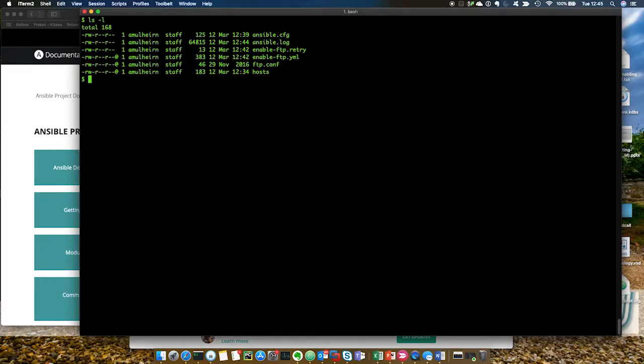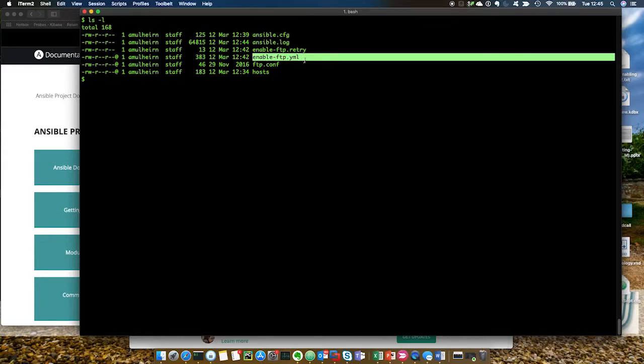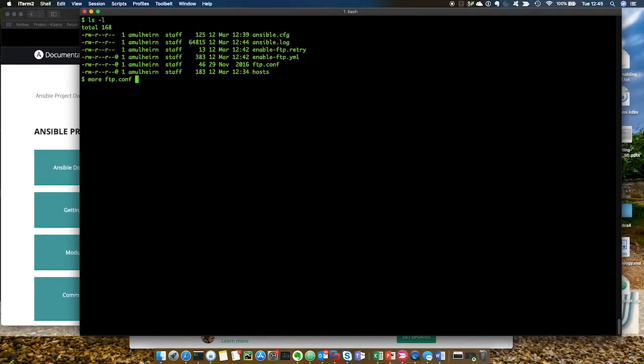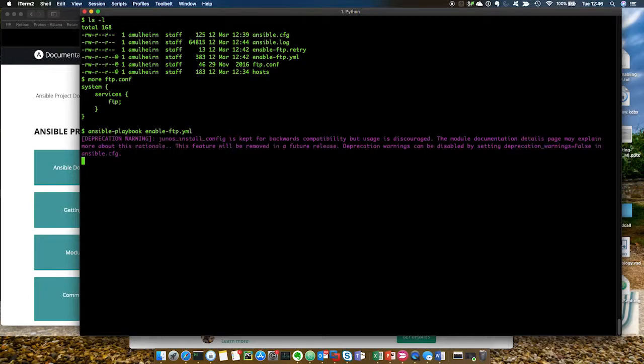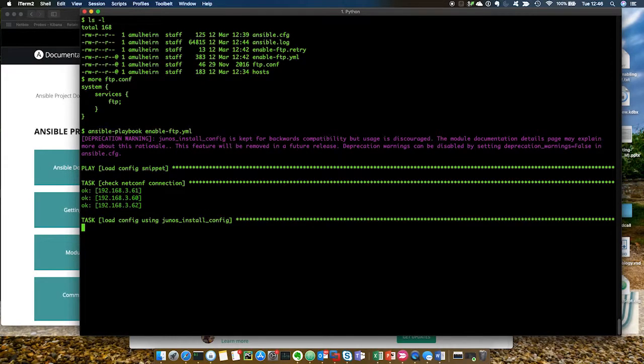In a previous video I had this script here, an Ansible script called enable FTP, and the job of this script was to go out and push a small snippet of config like this one out to a number of devices, and that seemed to work okay. Running the Ansible playbook enable ftp.yaml, that seems to work okay, except that I get this pink error message saying there's a deprecation warning